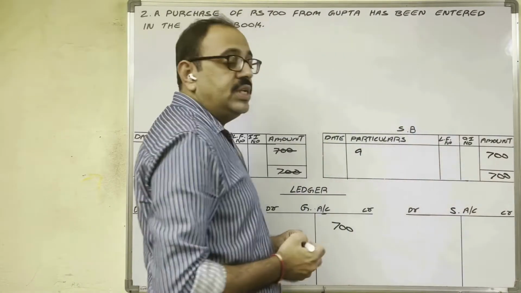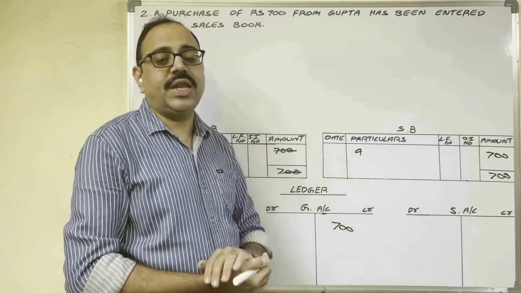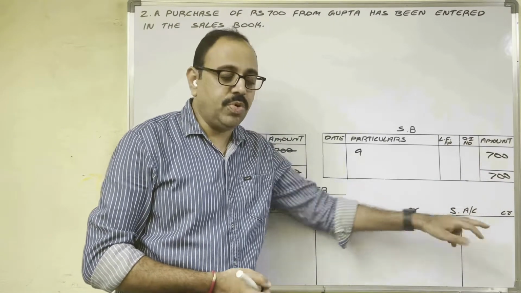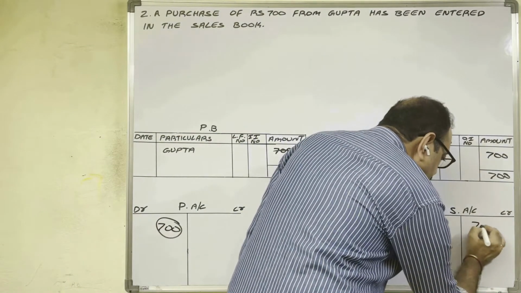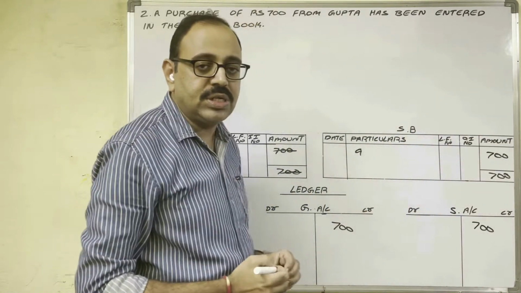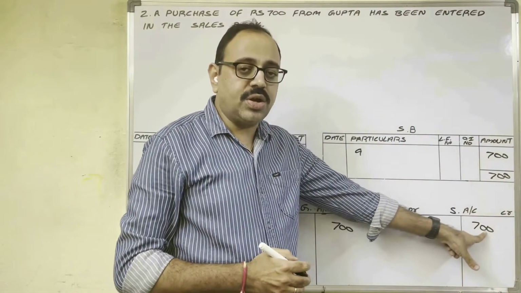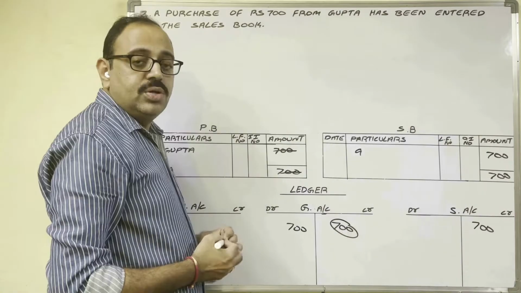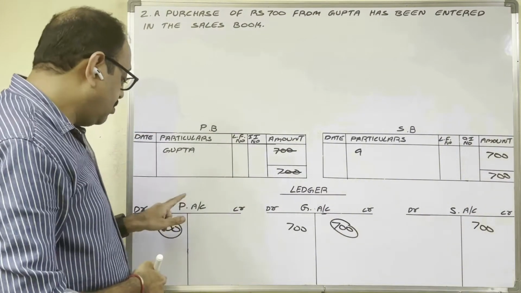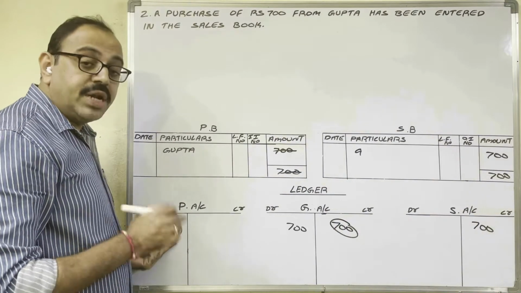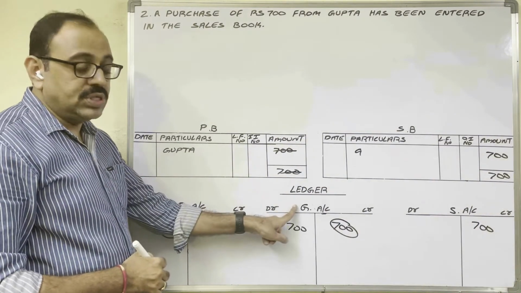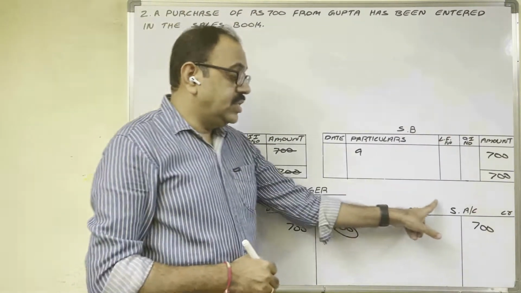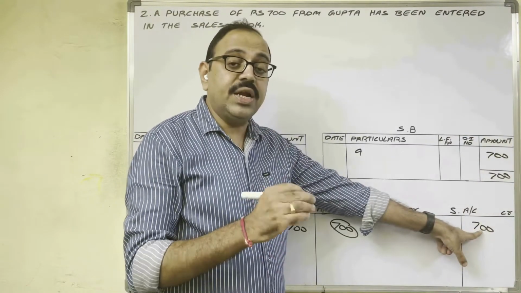Total 700. Sales is an income. Income shows a credit balance. Therefore, this total in the sales account on the credit side we should post. By sundries as per sales book 700 rupees. As the amount is credited in the sales account, in Gupta's account, the amount was debited. So mistakes are in 3 accounts. Purchase account, they have not debited 700. Gupta's account, instead of crediting 700, they debited 700. Sales account, wrongly 700 was credited.